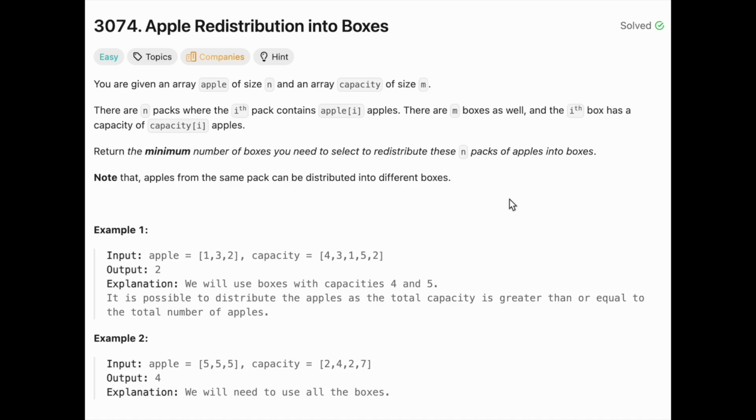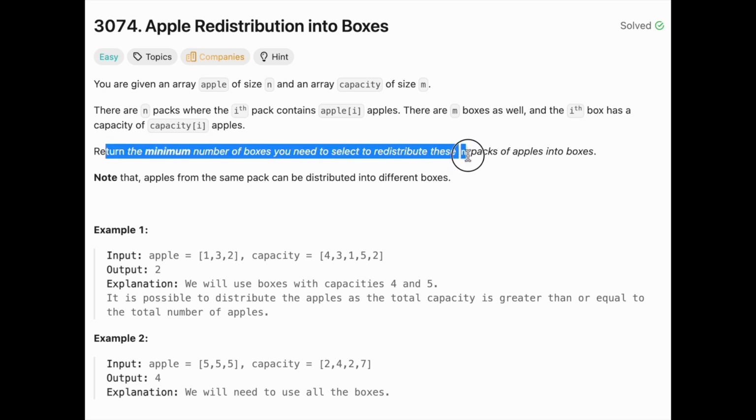Hi everyone, welcome back. Today we are solving apple redistribution into boxes. So we will be given an array of apples and also an array of boxes. And in the arrays, each apple and box will have their own size. And our goal is to put all the apples into all the boxes. And we want to return the minimum number of boxes that we can select to redistribute the packs of apples